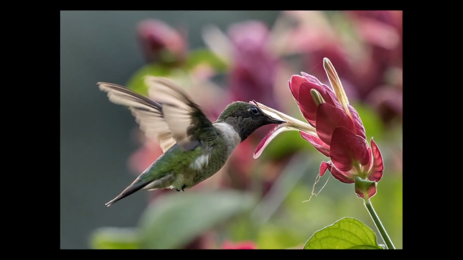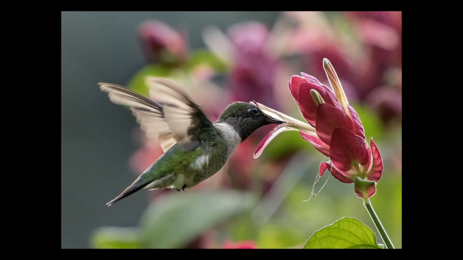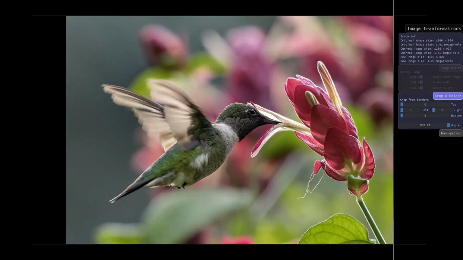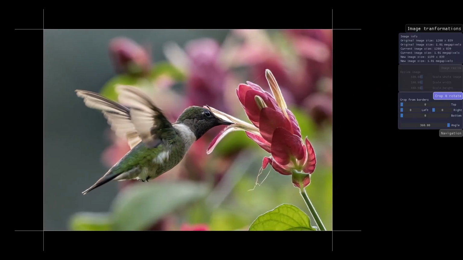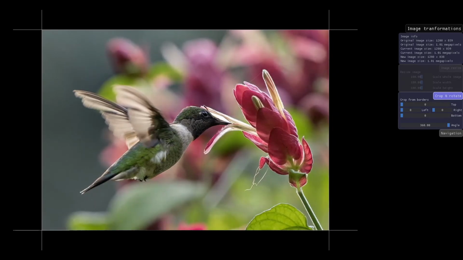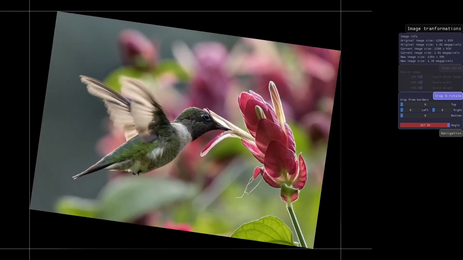Now let's consider more advanced transformations, which include resizing, cropping, and arbitrary angle rotation. Press the T button to see the Image Transforms interface.